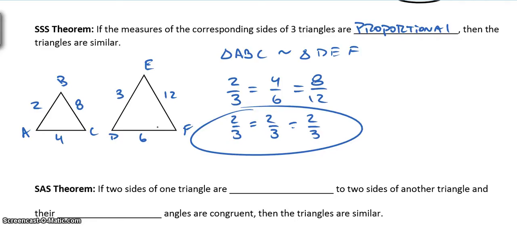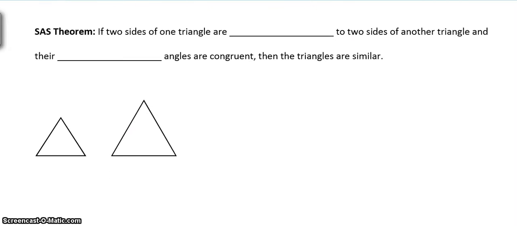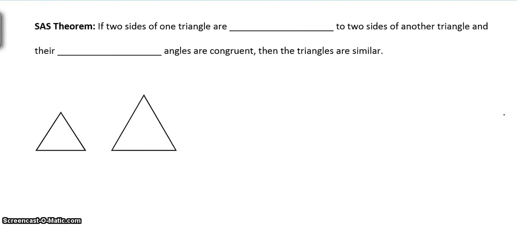All right, and that's the key part. They're growing or shrinking, enlargement or reduction at the same rate. All right. Same with side angle side. If two sides of one triangle are proportional, I can't harp that enough, to two sides of another triangle, and their included angle are congruent, then the triangles